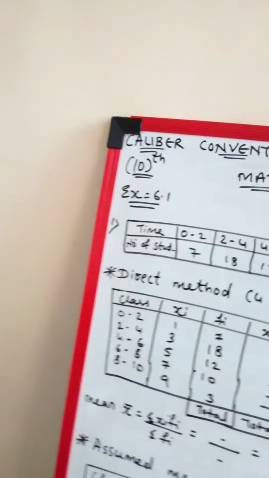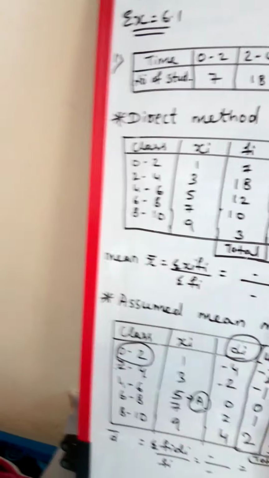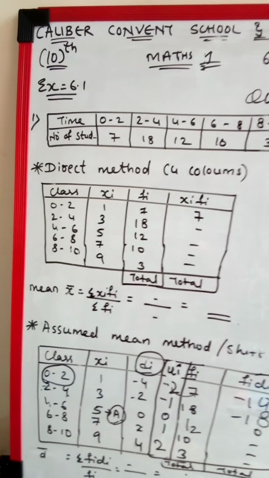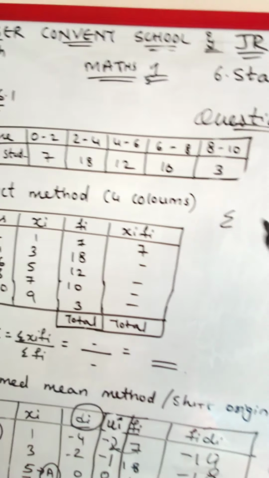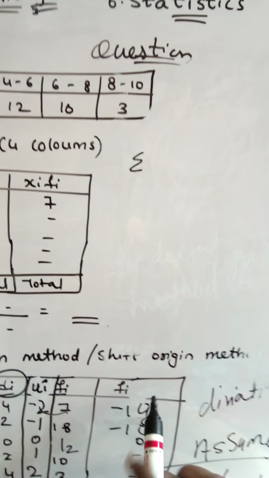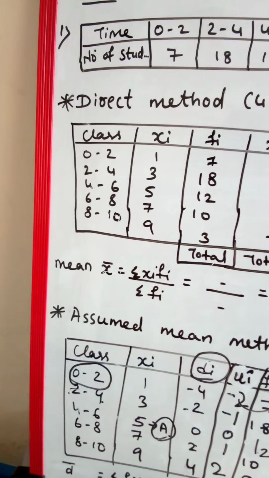For finding out u bar. Okay, this is not h, this is actually called ui. Okay, h is the difference, meaning this 2 you got now, that 2 is your h, that is the height. So now the formula is sigma. Here you will write fi ui. Okay, here also, instead of di, you will write fi ui.